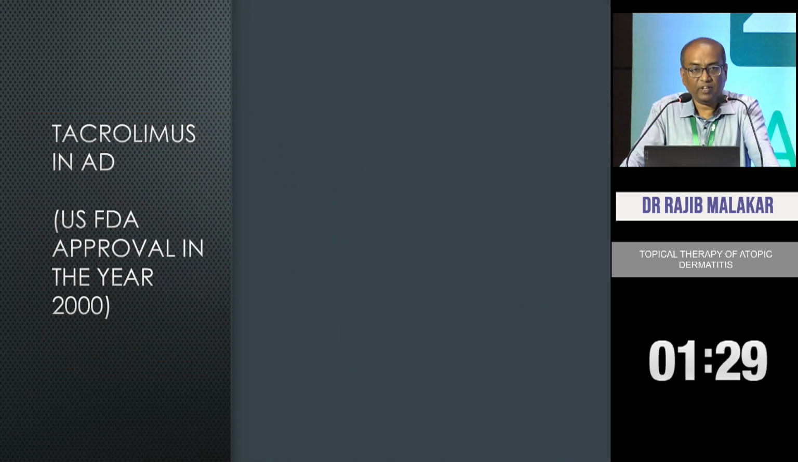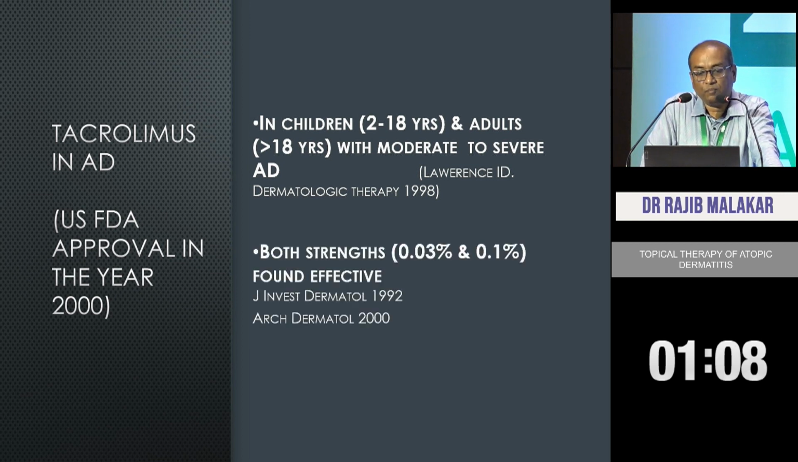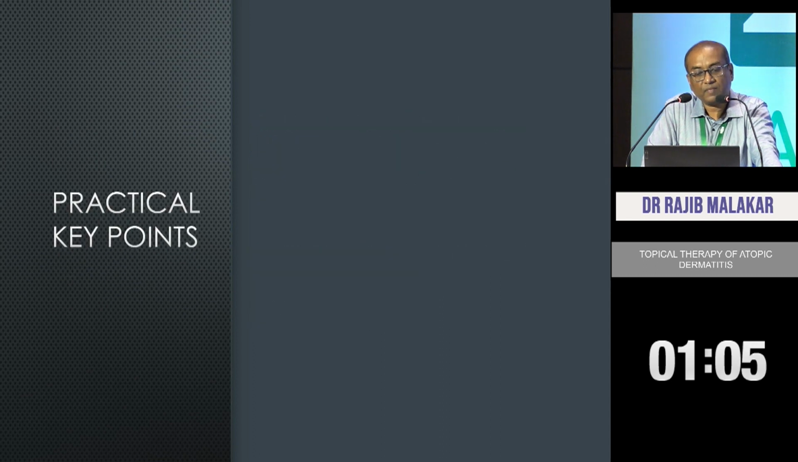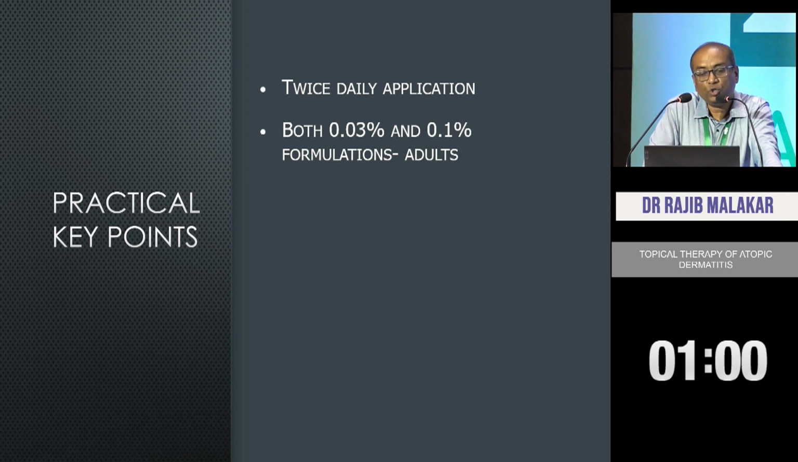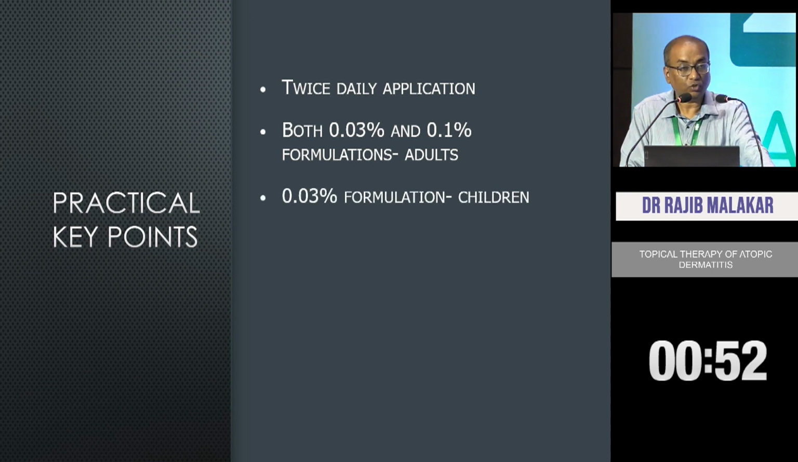Moving on to the next very important element of topical therapy, the TCI or the topical tacrolimus, which has been approved by US FDA by the year 2000, and it has been found to be effective in children and in adults with moderate to severe disease. Both strengths have been found to be effective. From practical key point, it is to be applied twice daily. Both 0.03 and 0.1% formulation are used in adults, 0.03 formulation to be used in children, though we have